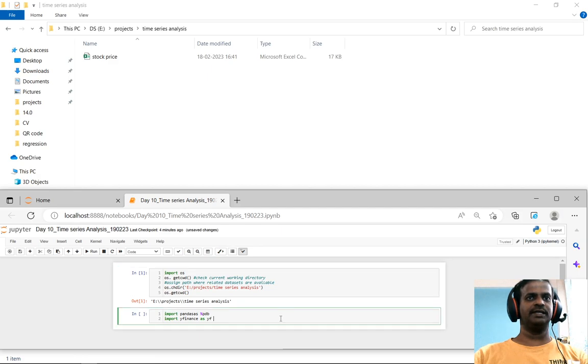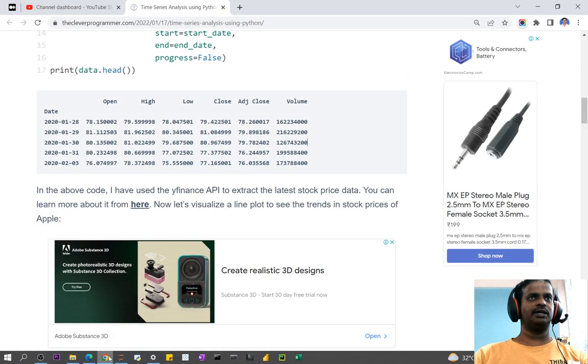So now it is assigned and we will start with